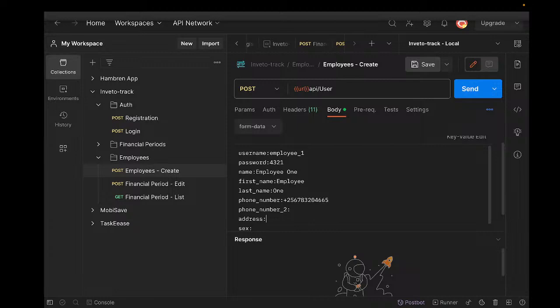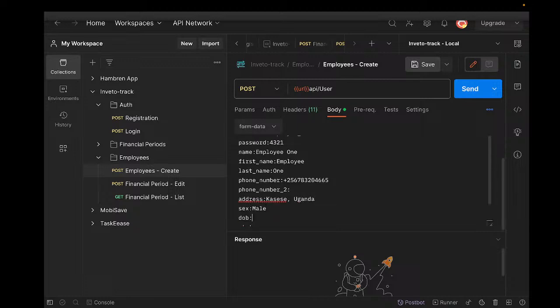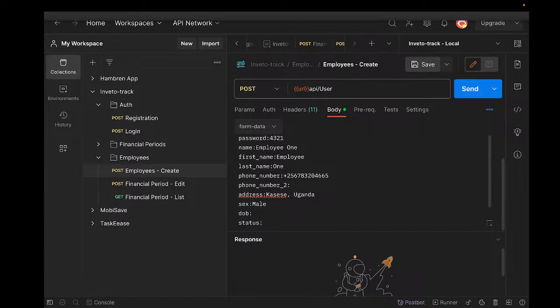Address, sex, then DOB, status active. Okay,